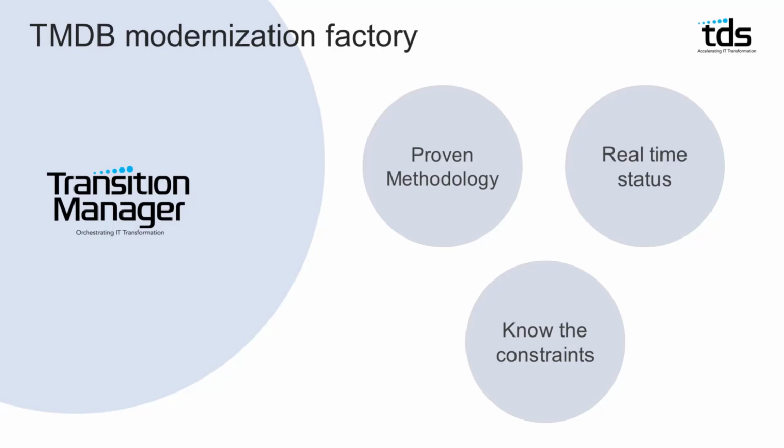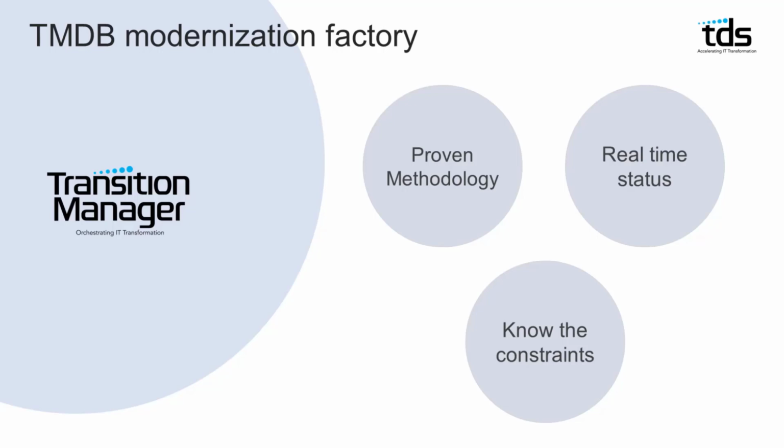If you think of our strategy for the DMA team, we wanted a model, we wanted a factory in place for doing modernizations. We wanted to be able to understand the state of those deliverables throughout the migration process. We wanted to understand where the constraints and bottlenecks were, so we could improve our mechanisms to accelerate migrations and reduce customer pain and time to get to a scenario where they could get rid of their expensive